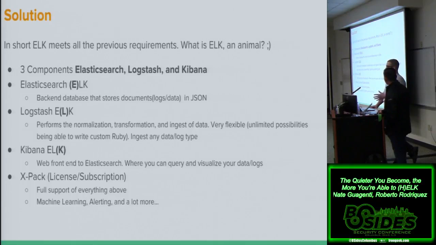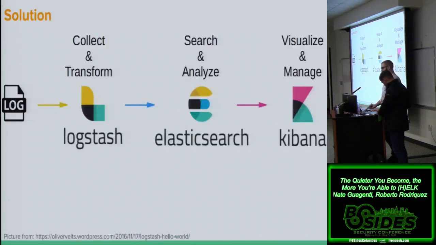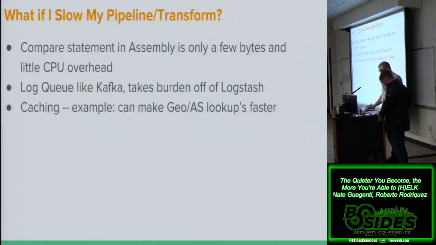One of the other reasons that we chose HELK is that Logstash has the ability to drop into basically raw Ruby code. So if there's a problem that you can't solve in their 40, 50 plugins, just get on Stack Overflow and look up how to do something in Ruby. That's how we all program anyways. And then they have XPack and license support, so the claim that Elastic is open source and not supported is not true. This is essentially a small overview: Logstash transforming, Elasticsearch storing those documents, and Kibana visualizing and querying it.